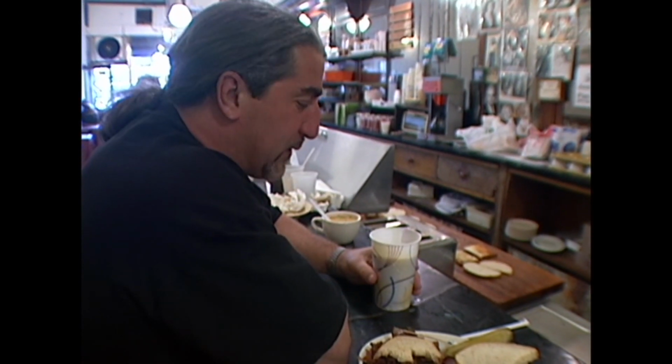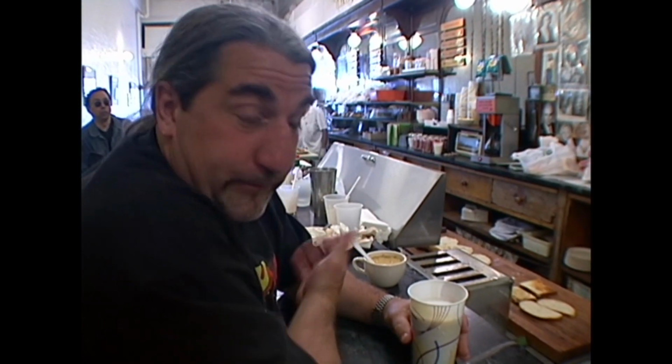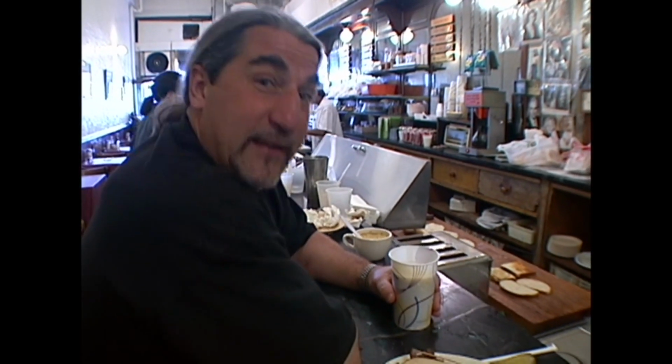What's better than a pastrami sandwich and an egg cream? Huh? I mean, there's just times when you need a pastrami sandwich and an egg cream. Nothing else will do. Or maybe you need an egg salad sandwich or a chicken salad sandwich or a Reuben and an egg cream. Come here. 22nd and 23rd, Eisenberg's. They've been waiting since 1929 to serve